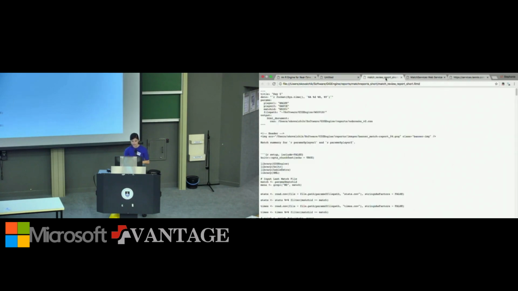To give you an idea of an actual match report, here's an example of the template for a match report. You can see we have some information that will be displayed as usual, title, date. You can actually embed functions within these elements of the R Markdown metadata.